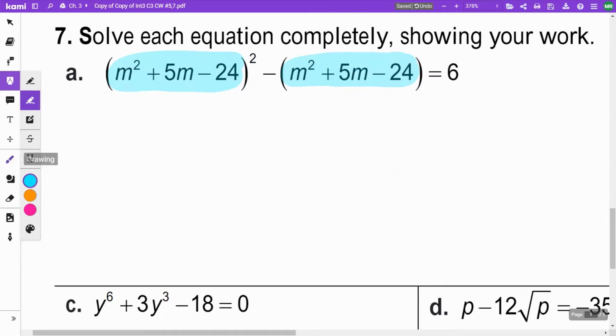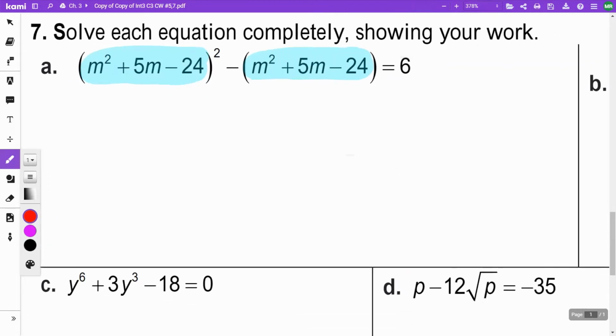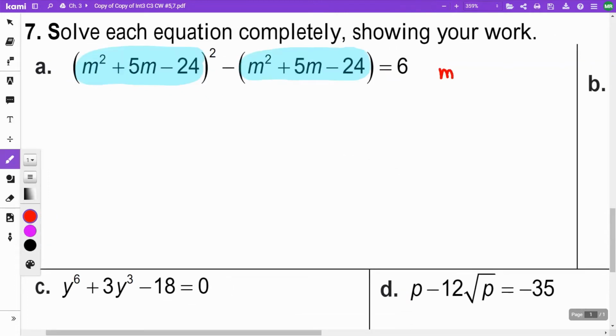So in place of that whole thing, I'm going to write a u. So instead of this being m squared plus 5m minus 24, since m squared plus 5m minus 24 is the same as u, I am going to write u squared minus,